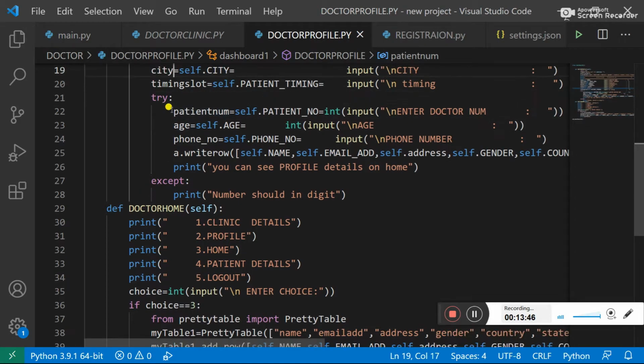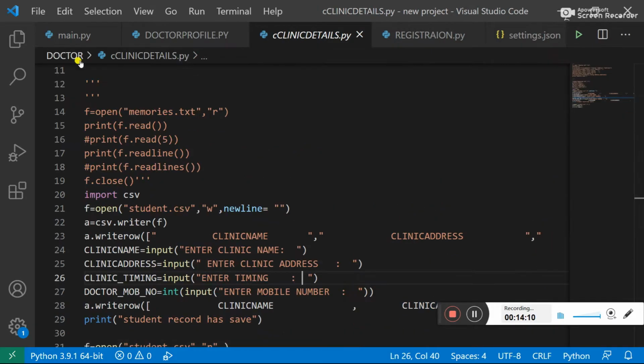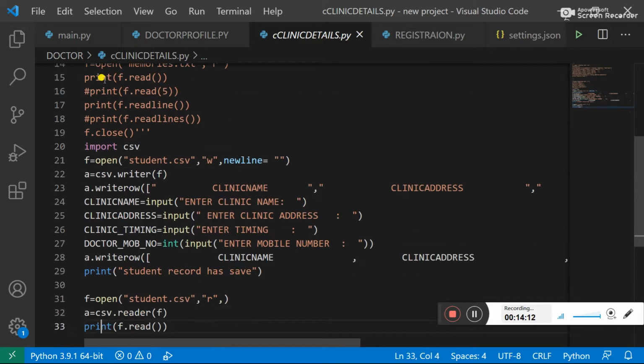Then the doctor profile. Here I am using the class Dashboard1 as the doctor profile. Here I am also using the doctor CSV file in clinic details, because in doctor clinic details we are entering the fields, and in patient clinic details we are just reading those fields. So by using a CSV file we can write in the CSV file, and also we can read the CSV file.